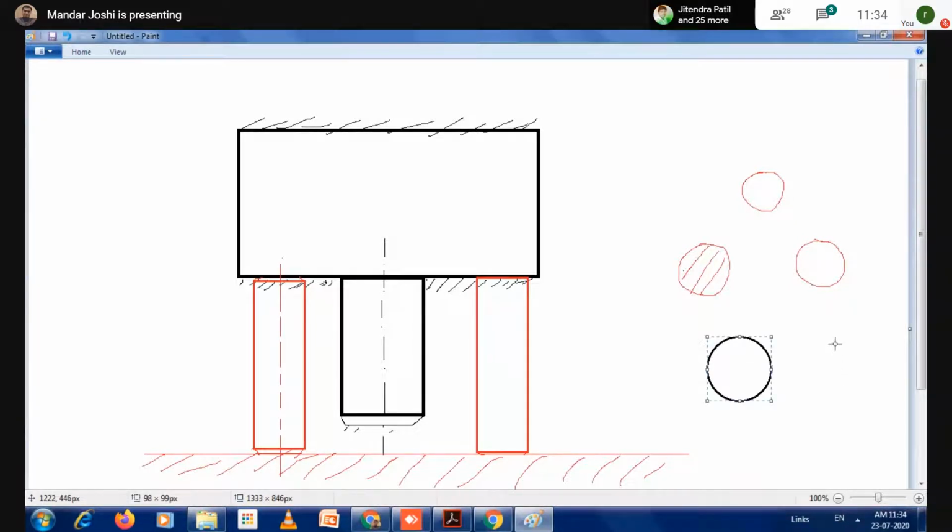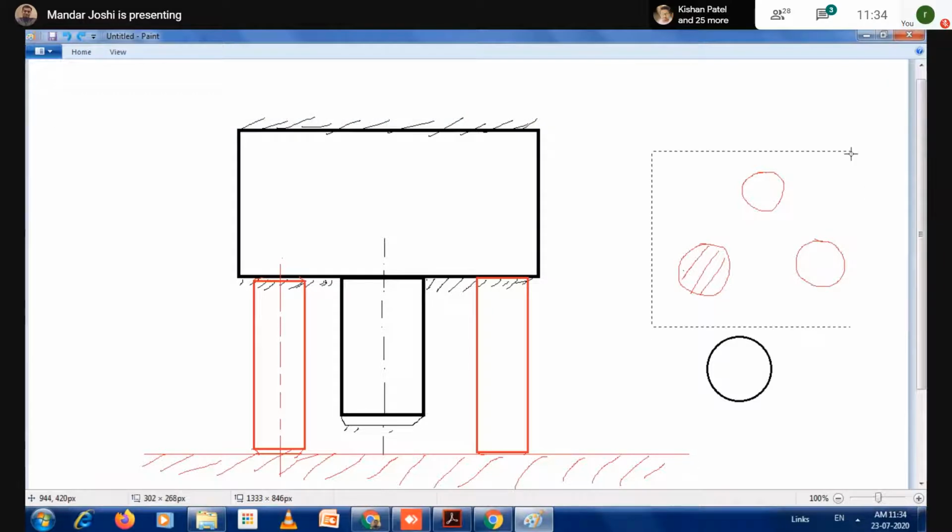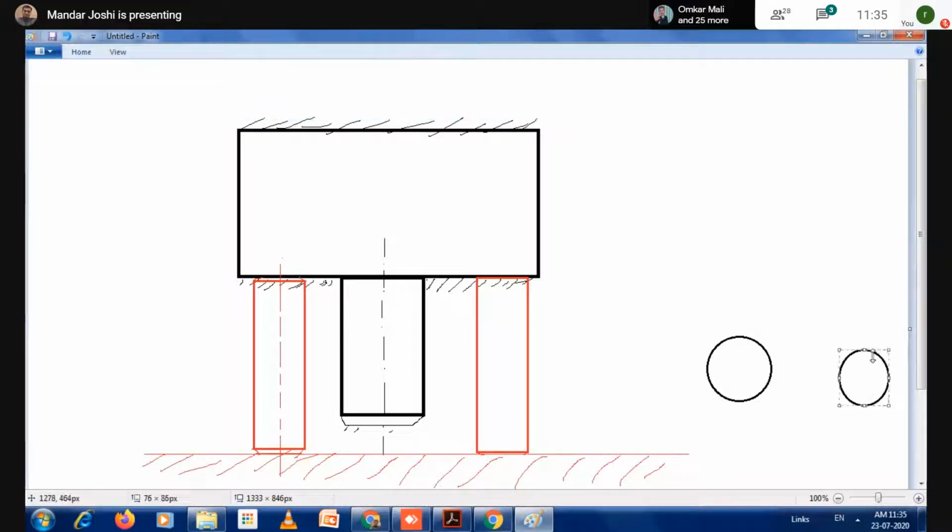This is first pin. This is second pin. There is one more pin here, and the third pin.